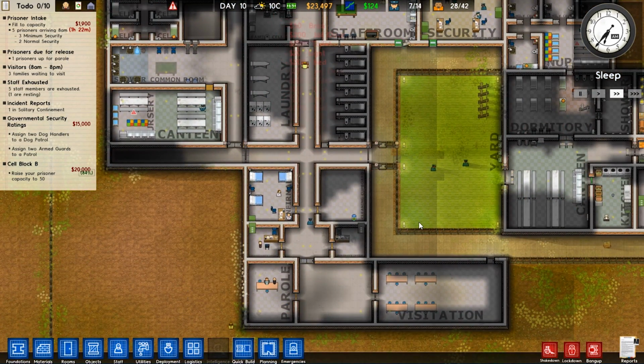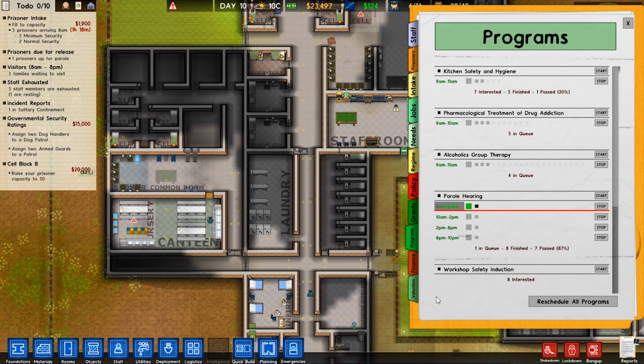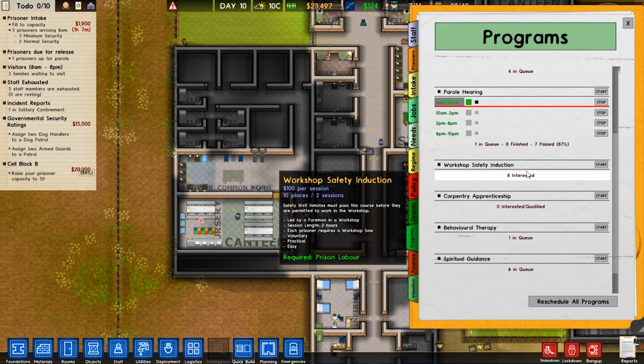This is nice. It looks like some parole hearings are set up today. Just how many parole hearings? I have no idea. 1. We've had 8 finish and 7 pass. That's really nice. There's 4 people in the alcoholics group therapy as well, which I think might be, no, workshop